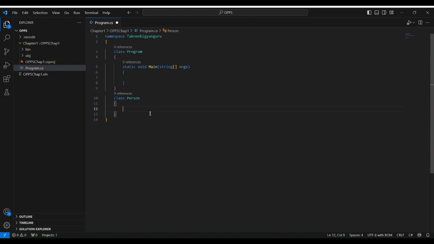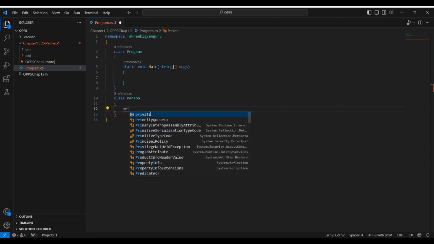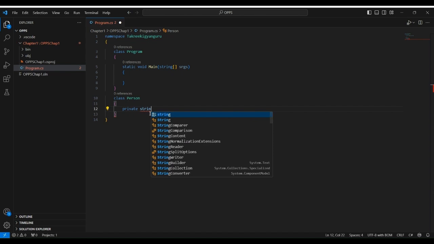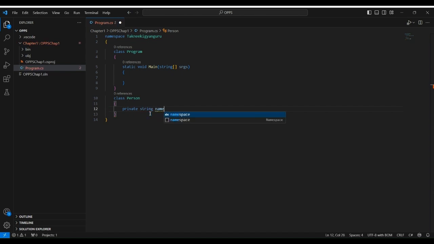Inside Person we should create some variables and properties. So inside these properties and methods, let's say we have private string name,